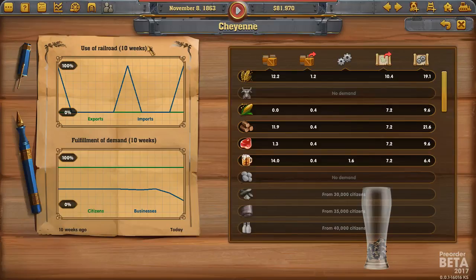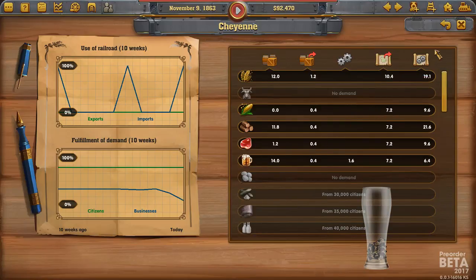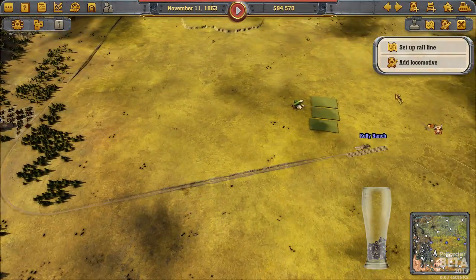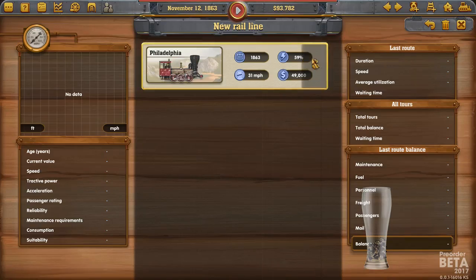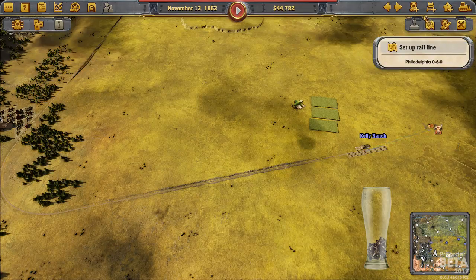What do they need? Do they need any? No, they don't need live meat. Okay. Well, what if we just buy a locomotive and just do a single run there? Right, we'll buy it. Yeah, Philadelphia again. And